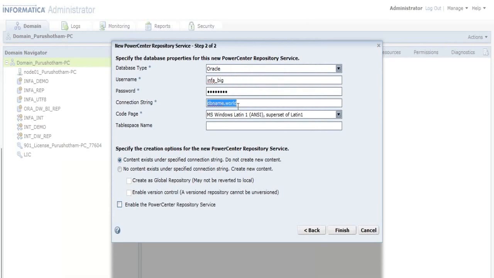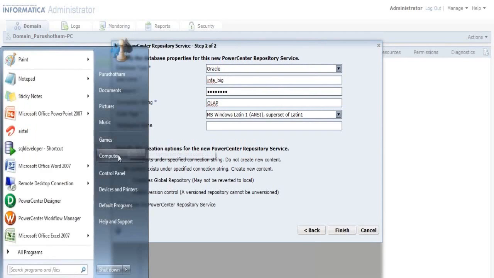And my connect string is OLAP. In your case, it might be ORCL. I think it is ORCL in your case, but I'm not sure how it is being configured. So the database name is ORCL, use that ORCL. So how do you confirm whether the connect string is OLAP or ORCL?